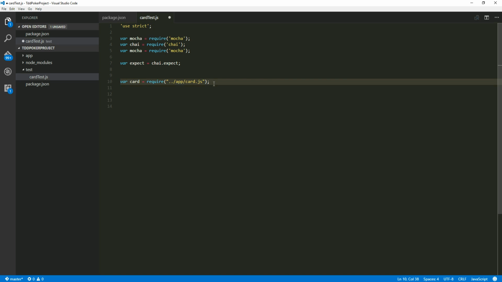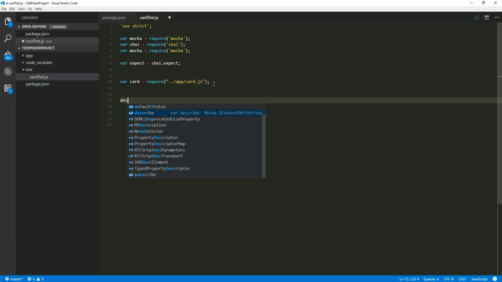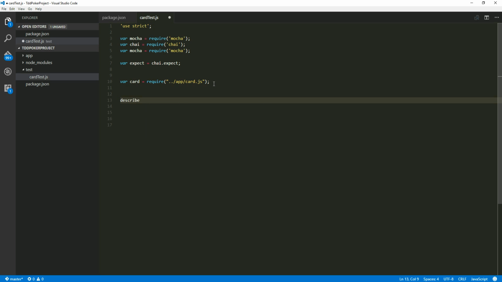So what Mocha does, it provides a couple of constructs here. The first one is a describe here. Describe takes 2 parameters. So basically, this is going to be your top level suite. So we're going to decide what your test is about. So in this case, I can say testing card modules or something like that. And